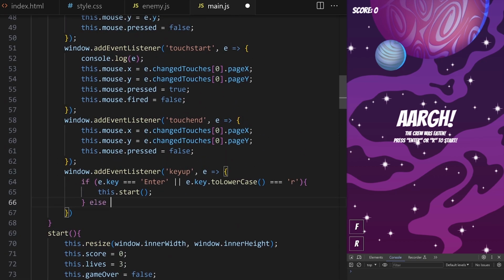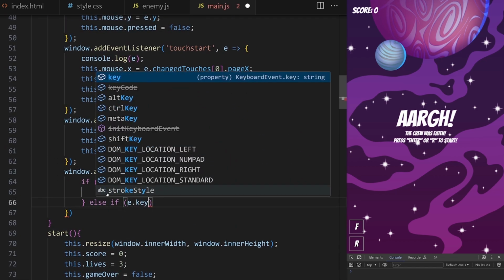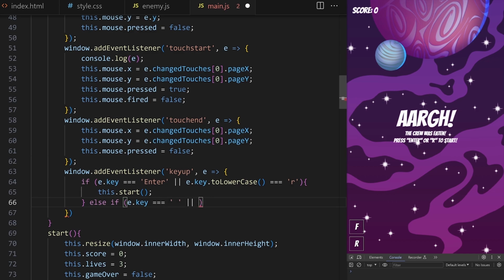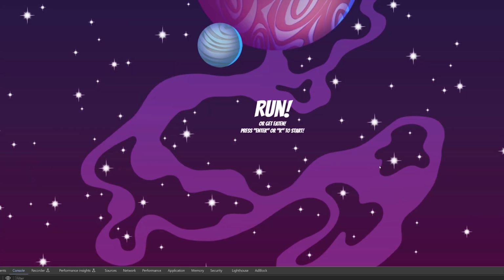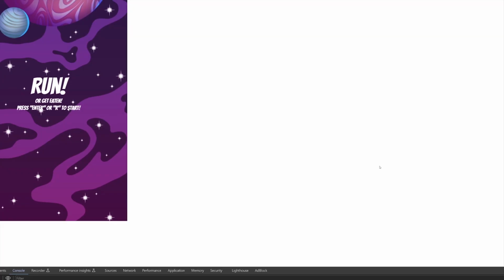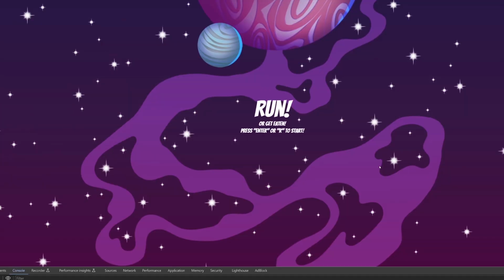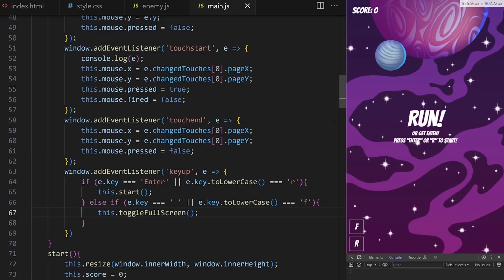We test if it works here, else if the key that was pressed is spacebar, or if the key that was pressed is letter F. Feel free to use different control keys here if you want, if you know what you're doing. Now I press letter F or spacebar, and my game toggles between full screen and regular browser view. I'm not really showing it off well here because I'm not recording the edges of my screen, but if you are coding along, you can do it yourself with your codebase and see that this is a very nice proper